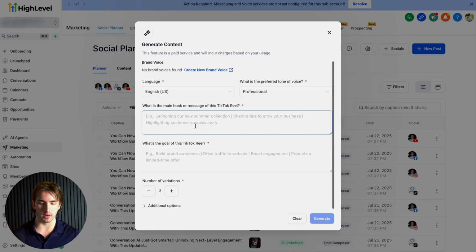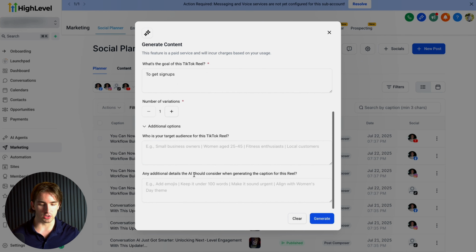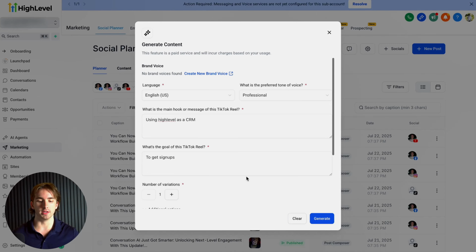So we can type in our answer here. We'll say using HighLevel as a CRM. We can say what's our main goal to get signups, and then we'll only generate one variation. So these questions as well, under additional options, we have who is our target audience and any additional details it should know when generating the caption, because this means that using HighLevel, you can simply answer these questions, click generate,